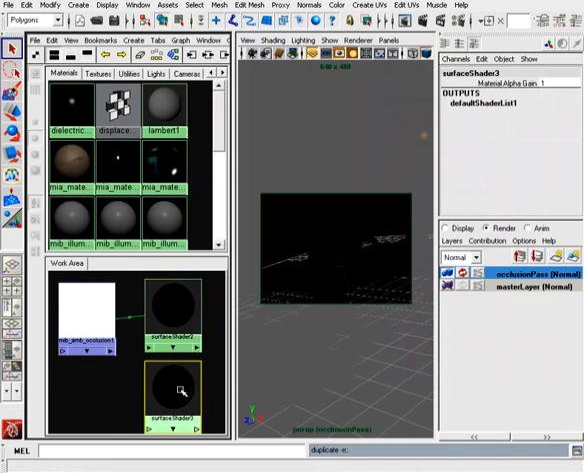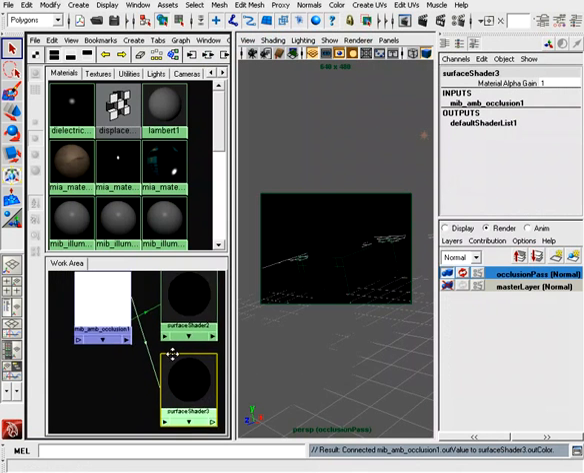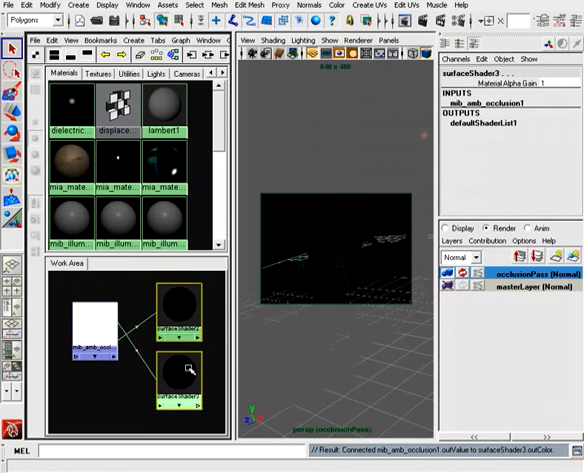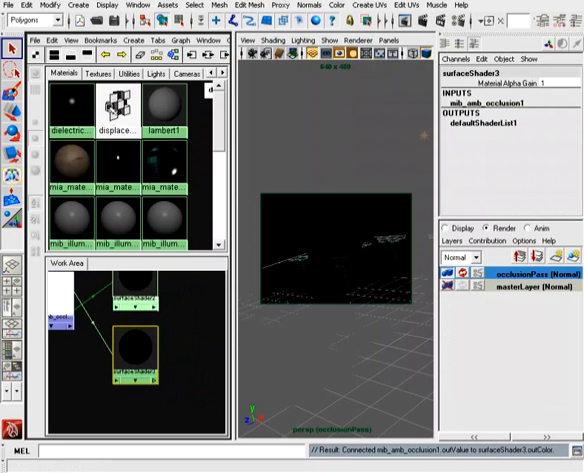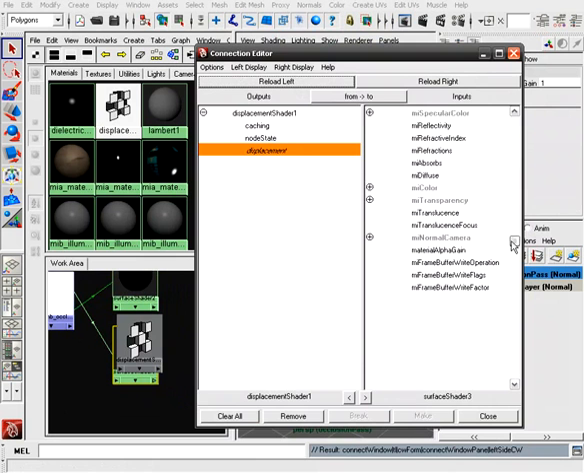So all we would really need to do is duplicate this surface shader, take our ambient occlusion, plug it into default, so that way we have this single ambient occlusion node that drives both of these shaders. And on this duplicate one, we can just take the displace that we've already applied to the skin, simply middle click, drop it